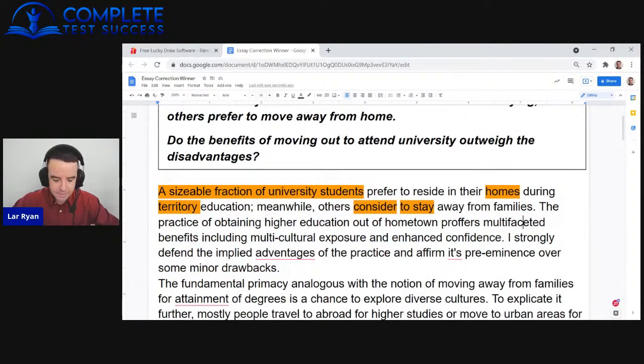So let's see what Bushra has here. The practice of obtaining higher education out of hometown proffers maleficated benefits, including multicultural exposure and enhanced confidence. Okay, so this is very difficult to understand, and I think what this student is doing is they're trying to show me the range of vocabulary they have. But instead of using vocabulary accurately, they're using words that they think sound good, or words that impress them